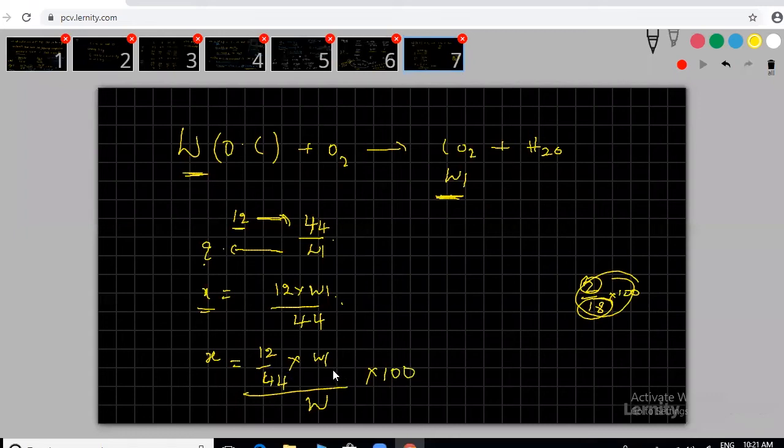This is the formula; actually, we derived it. 12 grams of carbon is in 44 grams of CO2, then W1 grams of CO2 contains this much. I don't know how much W1 I am taking; that depends upon capital W. If your weight is 1000 grams, you can take the corresponding W1. Understood? W1 means the weight of CO2, and that value is variable.